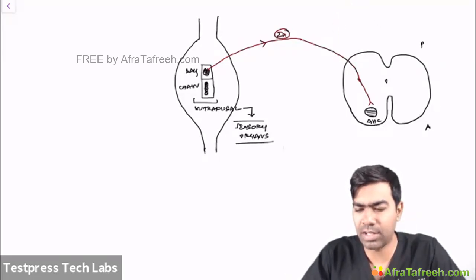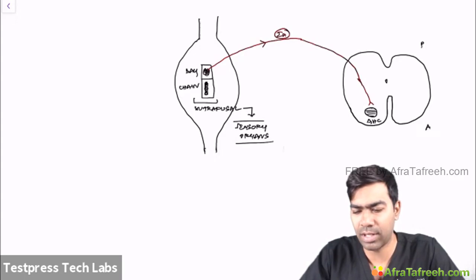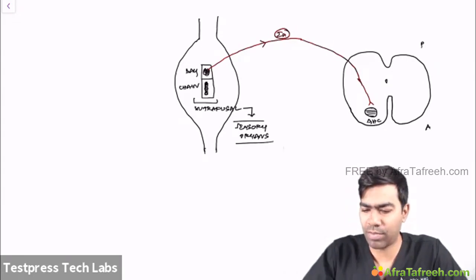But currently, since we are concerned about our reflex arc, you can understand that a certain percentage of fibers, like 5% or 3%, are going to take a shortcut route and directly innervate the anterior horn cell. Let us understand the importance of the reflex arc later on, but still there are some fibers which directly innervate the anterior horn cell. And from the anterior horn cells, you're going to get certain motor fibers